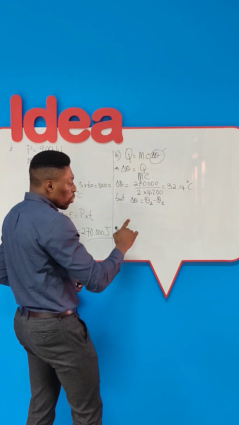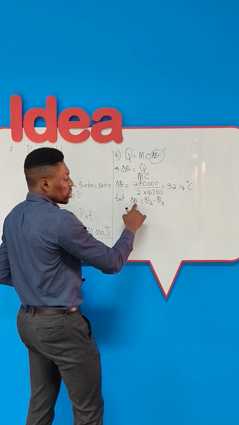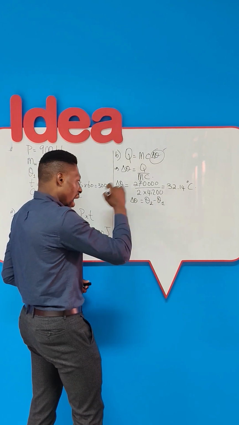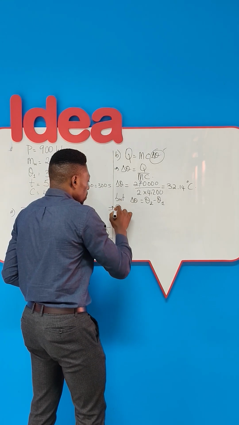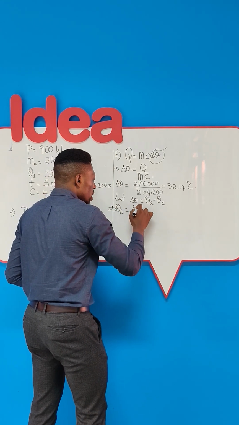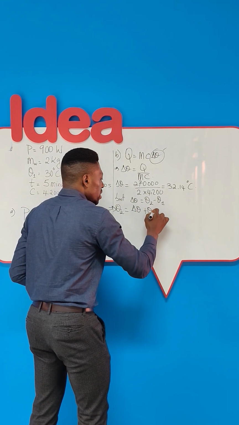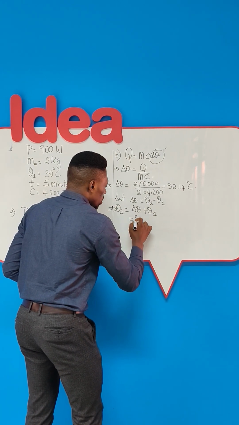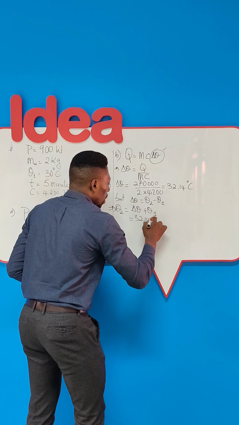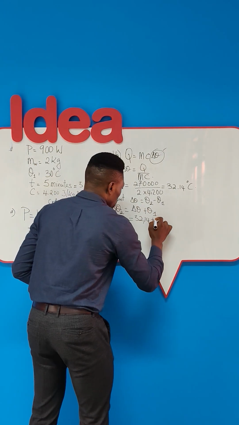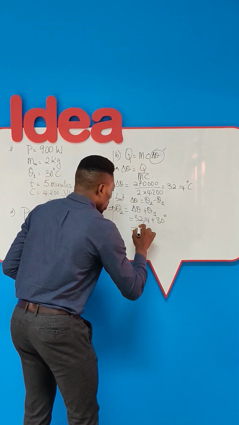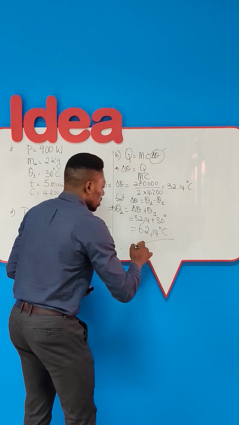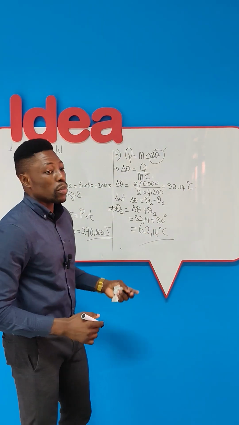Now that we have the initial temperature and the change in temperature, we can make the final temperature the subject of this formula. How? The final temperature is going to be the change in temperature plus the initial temperature. So this will be 32.14 degrees plus the initial temperature, which was 30 degrees. If you correctly punch this, once more, we're going to have 62.14 degrees. And this is the final temperature of our